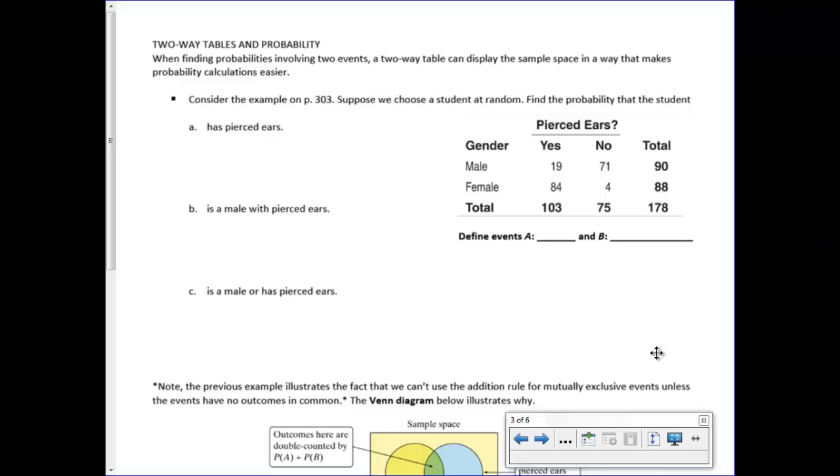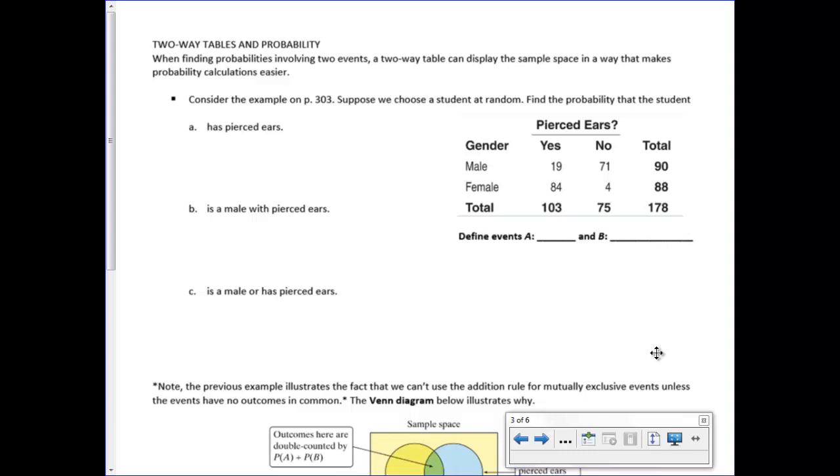Two-way tables and probability. You guys have seen a two-way table way back, some of you in first trimester, others of you a little bit more recent. Two-way tables help make it easier when we're finding probabilities. We'll draw a lot of these, and right now I'm giving it to you, and eventually I'm going to give you the information and say, take this information, create a two-way table from it, and then